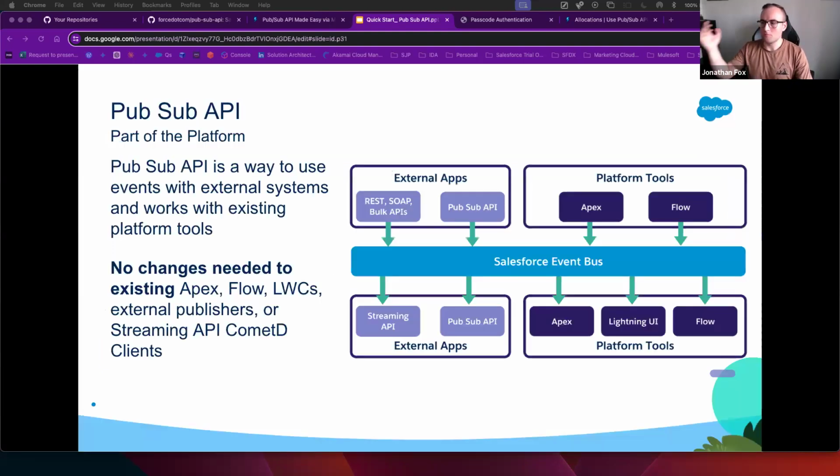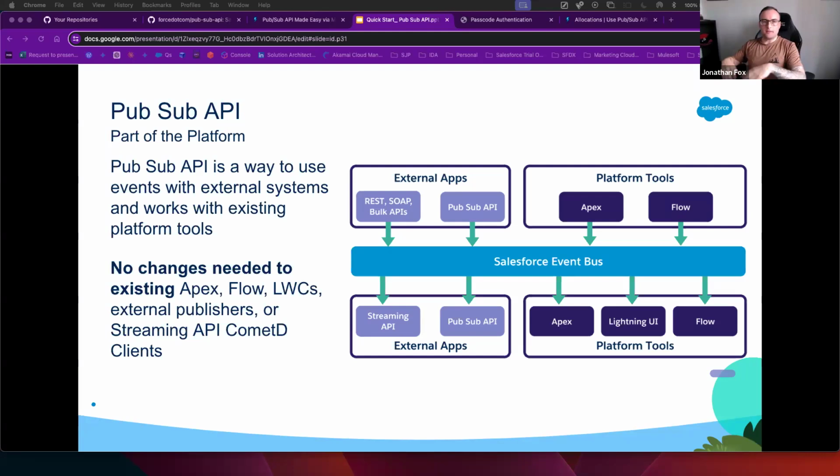So most of you are probably aware of this already and how the event structure works on Salesforce. You've got the Salesforce event bus and all those standard events that Salesforce publishes to the event bus. All the platform events that you decide to publish in Apex or Flows go to the event bus, or REST APIs, whatever, if you call them from outside of Salesforce. And change data capture, obviously, the event bus.